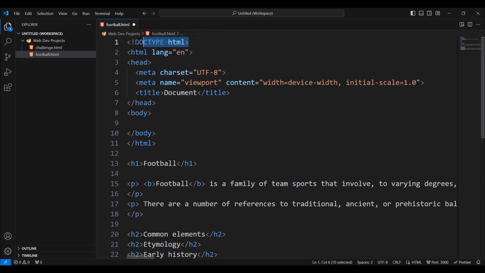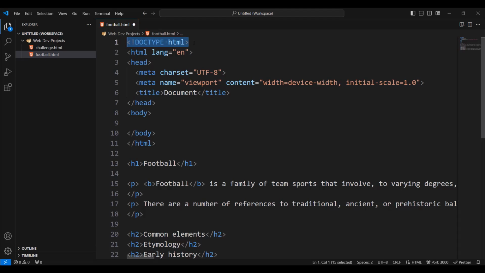Let's start with this element, which doesn't have a closing tag. And what is this? Exclamation point doctype HTML. This declaration defines the document type and version of HTML. In this case, doctype HTML is a flag which specifies that the document is an HTML5 document.